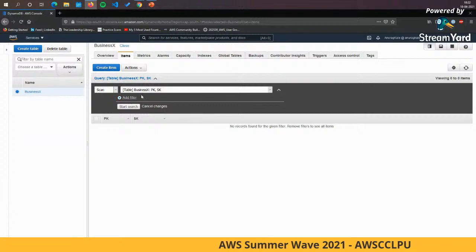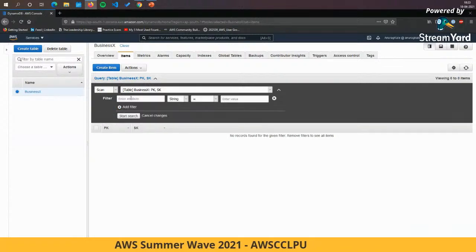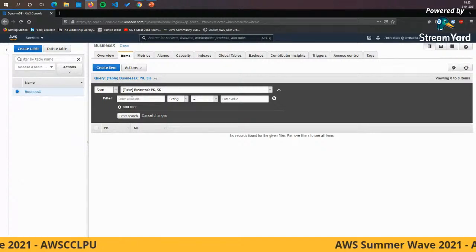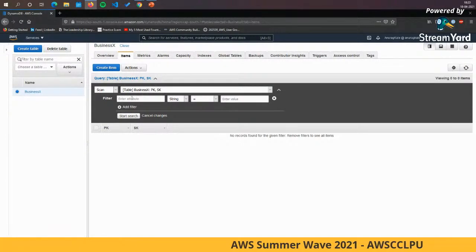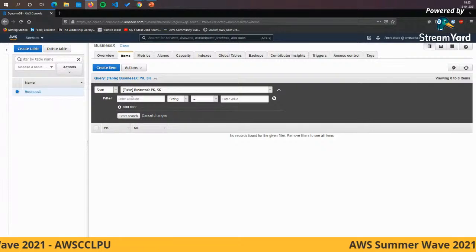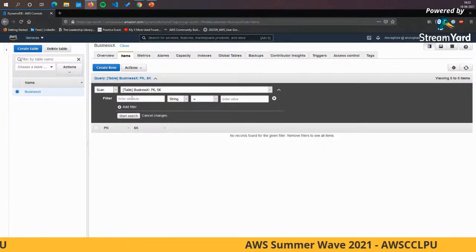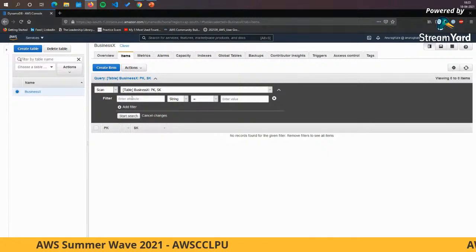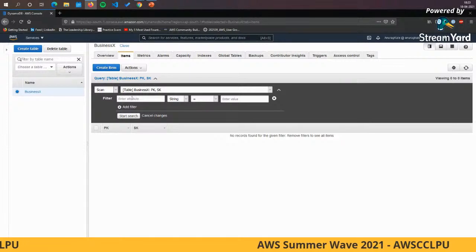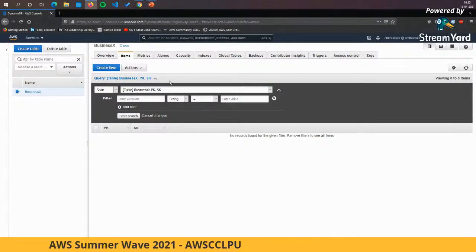Now, if you want to do a scan, you generally do scans on top of attributes when you don't know the primary key and sort key structure. But generally speaking, 99% of the time you should never use scan, because like I mentioned, if your table is, let's say, 100 GBs, then a scan will go and visit each and every item in your table to get those particular values. So it's a very expensive affair. It is going to consume a lot of read units for you.